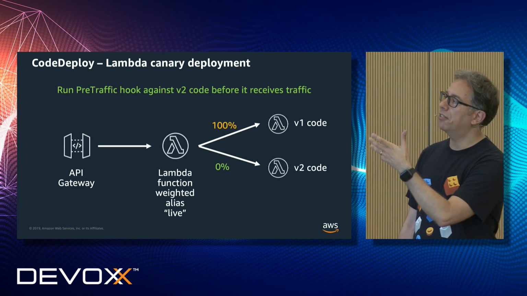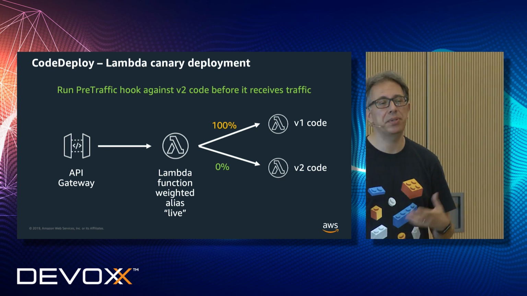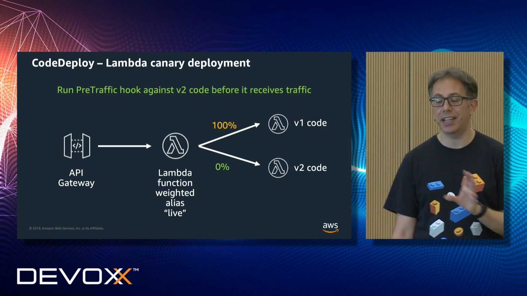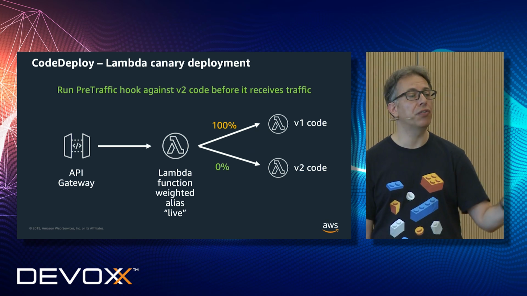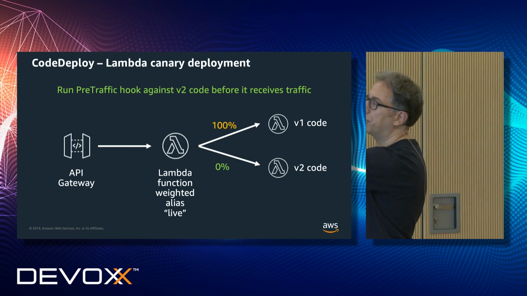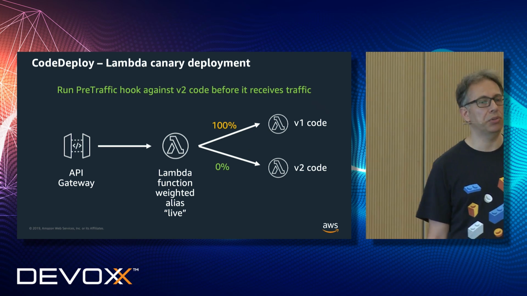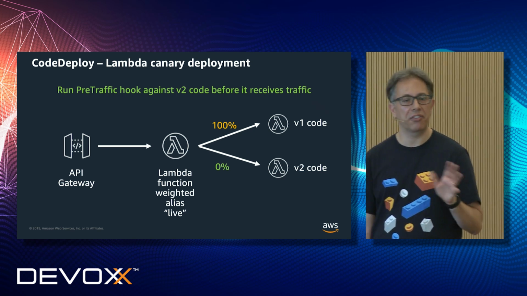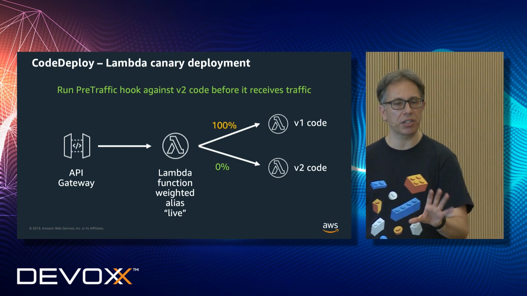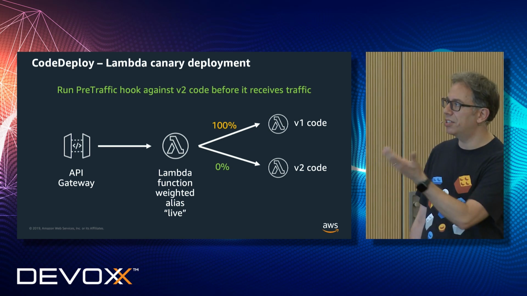And Code Deploy can do lots of things for you automatically. So first, it can optionally run a pre-traffic hook. This is a function that does some check before any customer has access to the new version of your function. So the new version is deployed, but no one has access yet, 0% access to the new version. You can run your own test. So for example, you can run some smoke test. You can have, for example, a synthetic transaction in production that you can run to check that everything works correctly. You can even run a performance test if you want, because this is a callback.